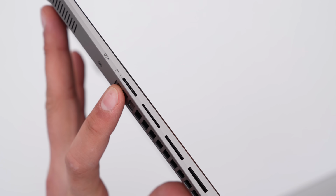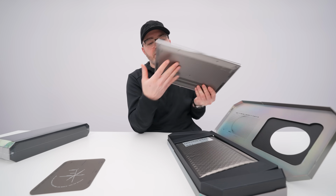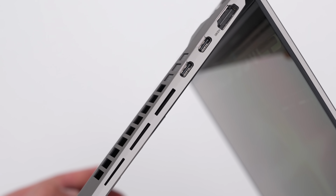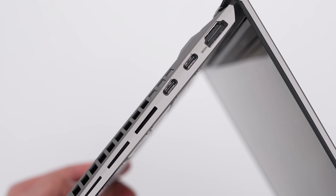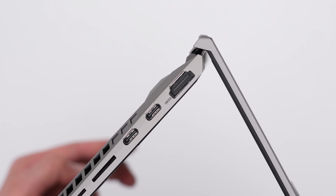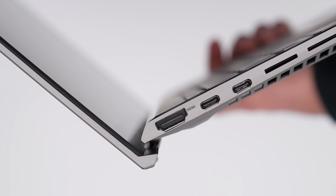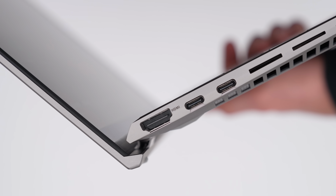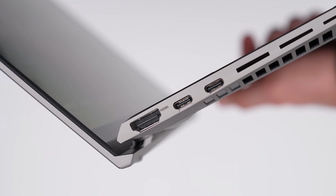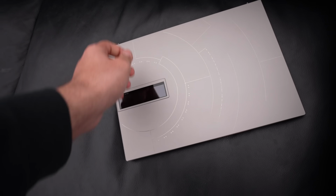Micro SD card slot, an analog audio port, a USB Type A port on the other side, a USB Type C, Thunderbolt 4, and they even managed to get a full-size HDMI port in there just barely. Look at how hard that is. If you're wondering how thin this thing is, you know the size of an HDMI port. It's quite razor thin. You're gonna have the latest generation Intel Core H series processors available, up to 32 gigs